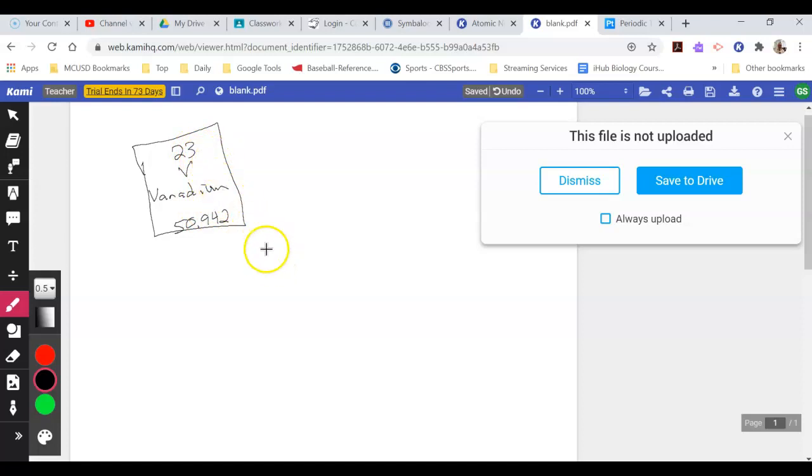The first thing is going to be the atomic number. Then you're going to have your symbol. Then you have the name of the element. And then you're going to have the atomic mass. And the atomic mass, these are averages. So for vanadium, you have